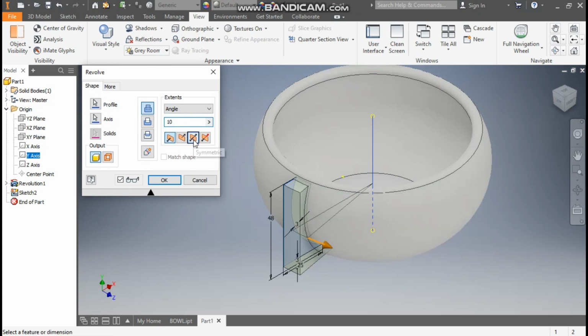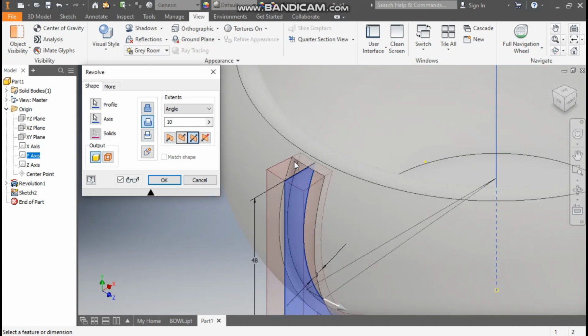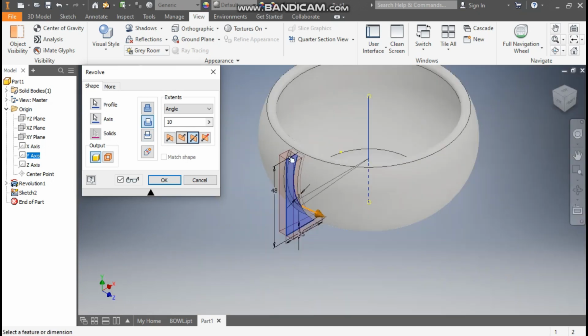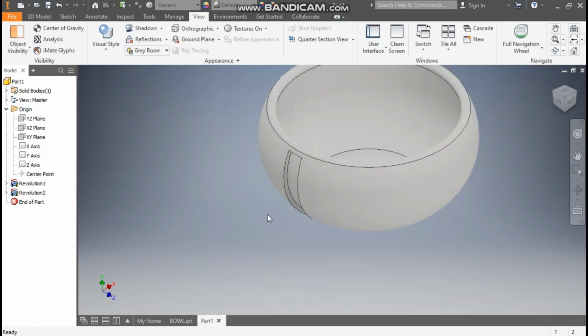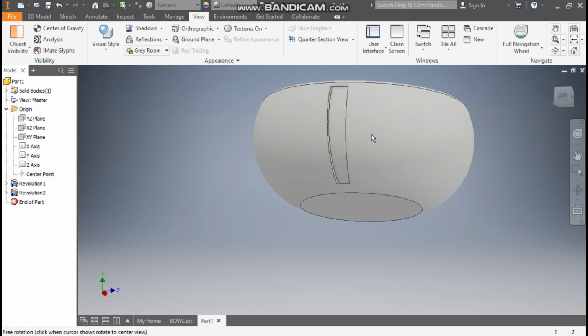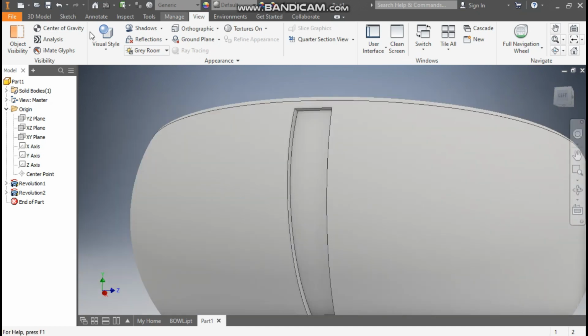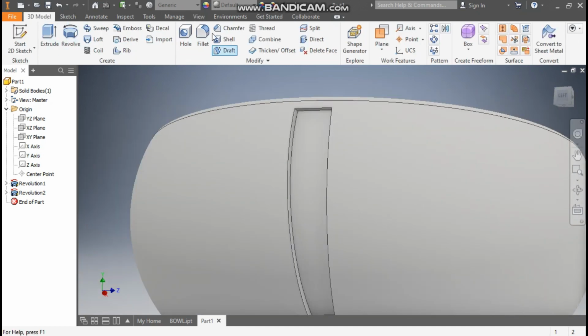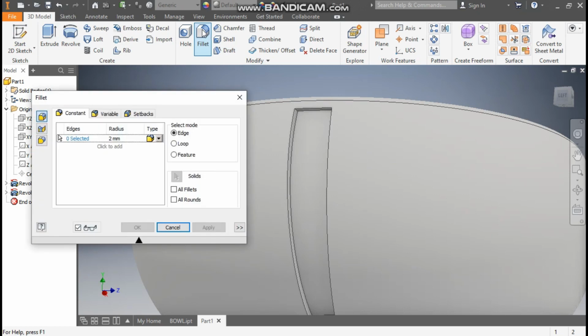Okay, here we will take symmetric and here take cut. Okay, so a symmetric cut will be applied on this profile. Now press OK. Okay, so here you can see a cut profile. Now I want the edges to be round, so go to 3D model, take fillet, and here take the radius